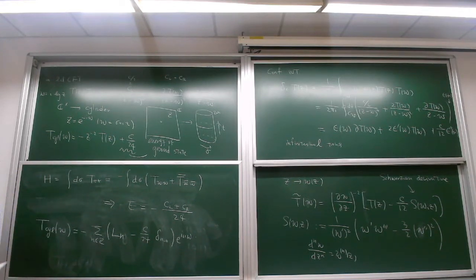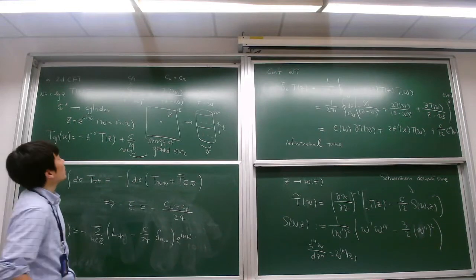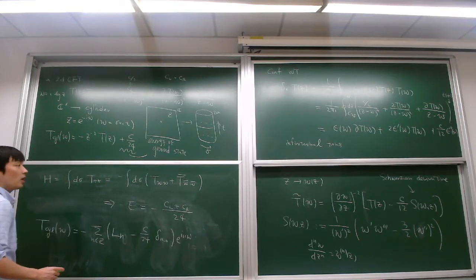So that's another way to obtain this relation. So therefore, the central charge encodes the information about the Casimir energy of the 2D CFT, and in particular, for the free scalar theory,